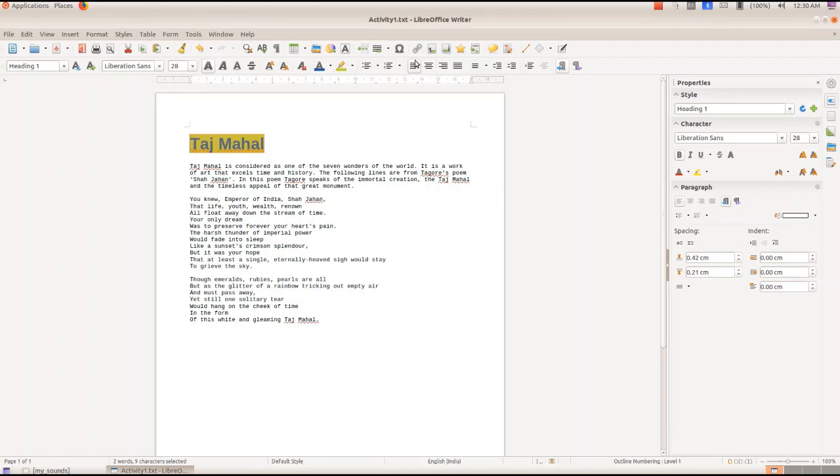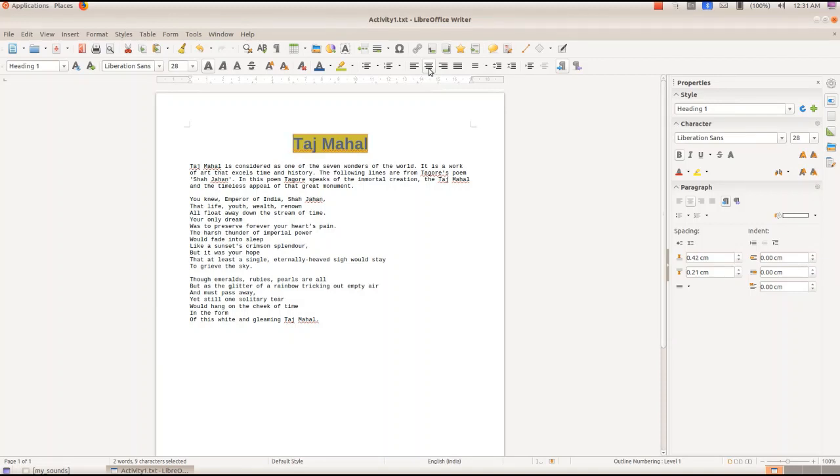The first one is align left, then center, align right, and that is justify. So first we will align to the right. So we got it near the right. Now we got it in the left margin, and we will bring it to the center now.